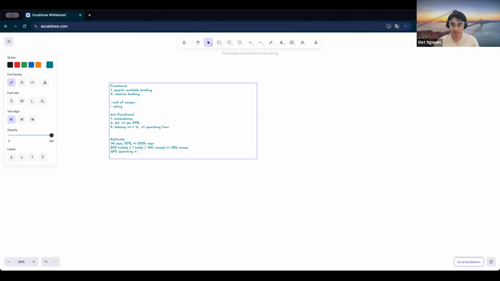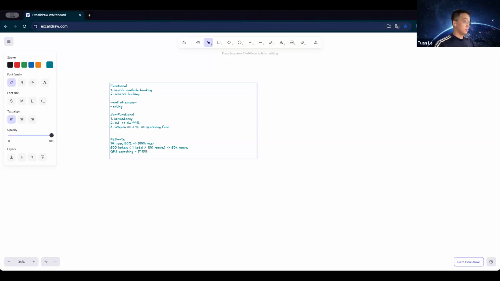So we have 500K user, and I want to convert to power of 10 to make it easy to calculate. Sure.